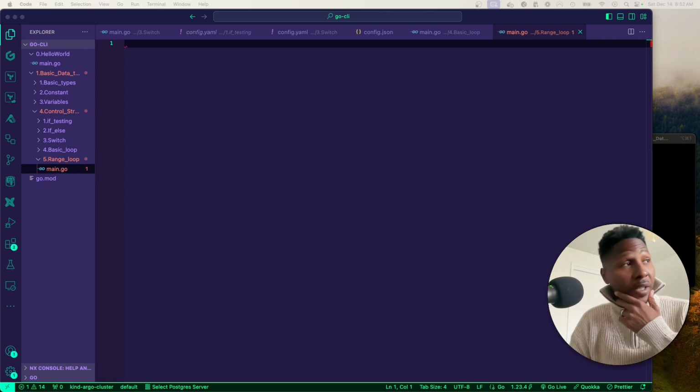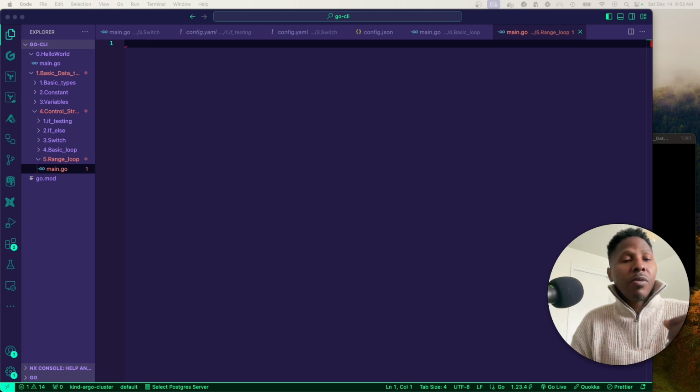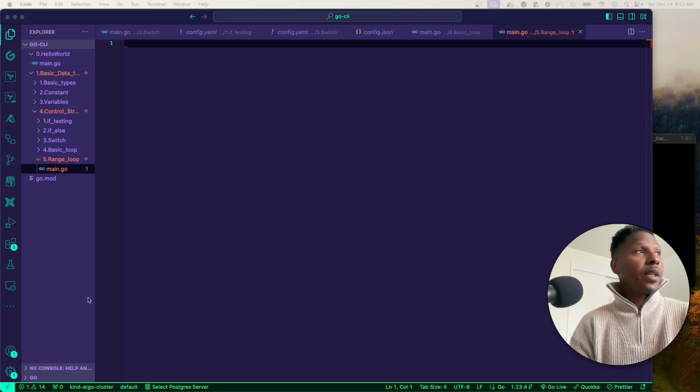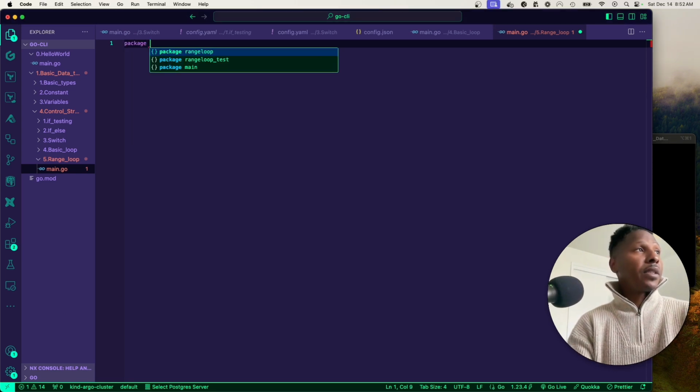So as this says, the difference is you use the basic loop when you already have a predefined set of iterations, and you use the range loop when you want a dynamic form. So if you want to iterate over the numbers that are defined in the collection without you having to define it. So now we want to say package main